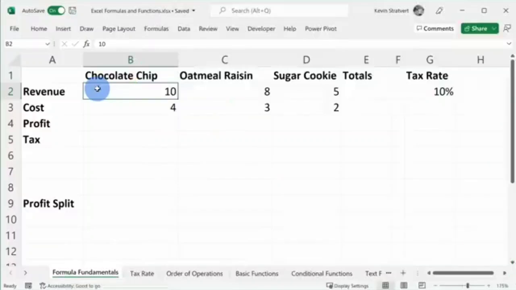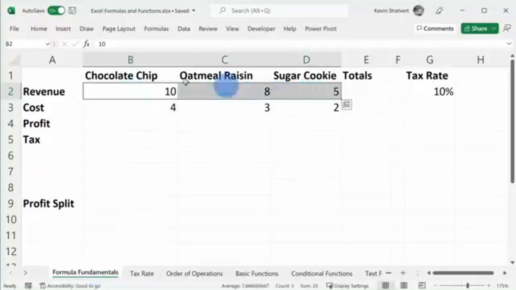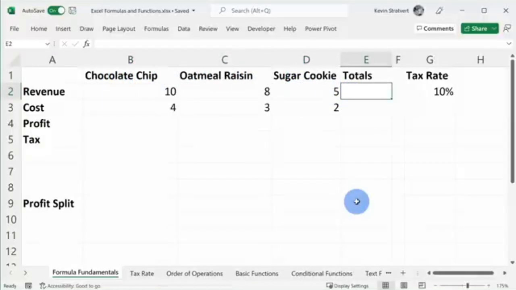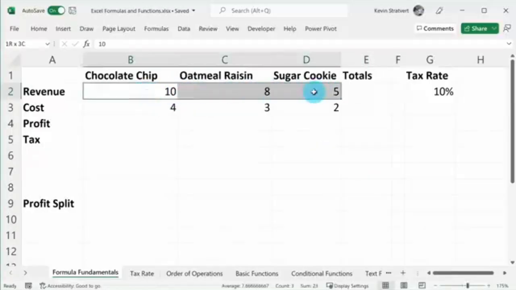Here I am now in Microsoft Excel, and I'm currently on the Formula Fundamentals worksheet, just in case you want to follow along. And I want to calculate how much revenue I earned from the 3 different types of cookies that we sell here at the Kevin Cookie Company. So I could use a formula to calculate this, but even easier, I want to add up these 3 different